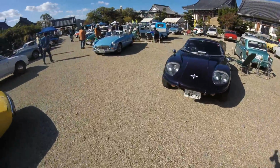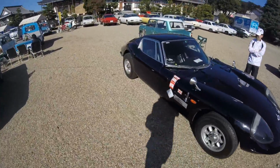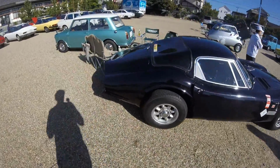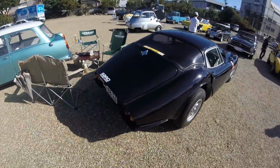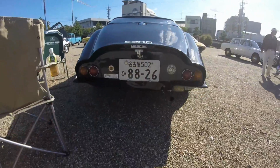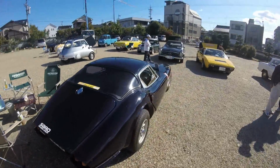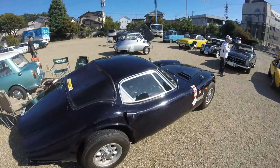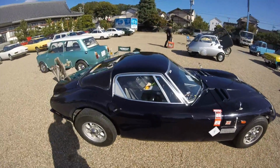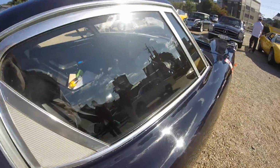Marcos. The Marcos are pretty cool. I'm not sure if they were sold as kit cars or if they made them from the factory. That looks really nice. So if someone knows if they were made solely as kit cars or if they were actually built in the factory like this. The interior looks pretty nice. Not sure you can see anything, but...